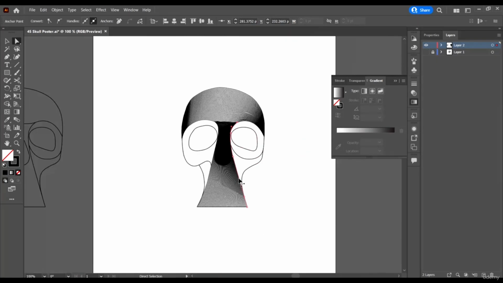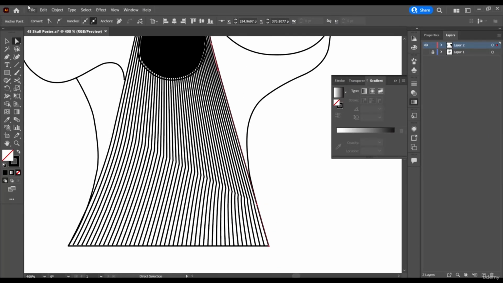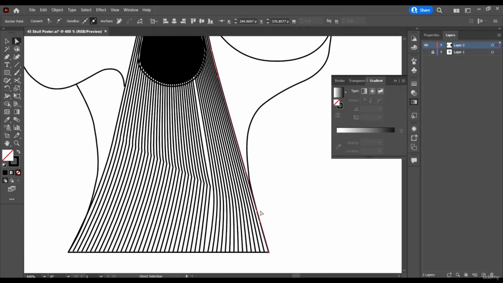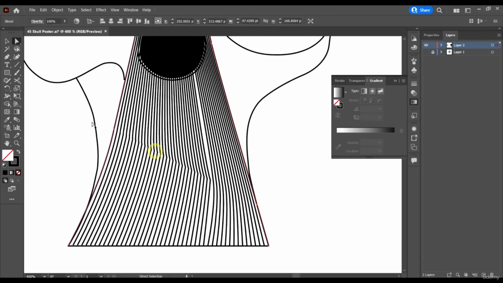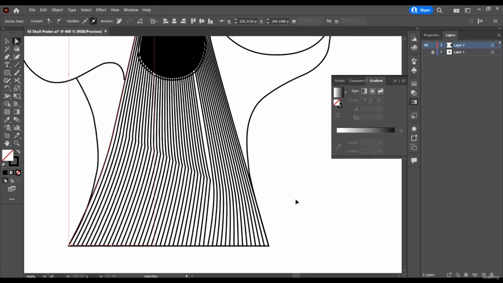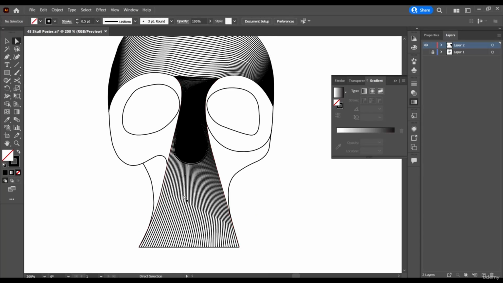Good. Now, maybe for this one, I'm going to just create a curve like this, and it's creating a new problem here. I'll just try to fix it. If it doesn't work, we're just going to go back to the way it was and just work with it like this, right?